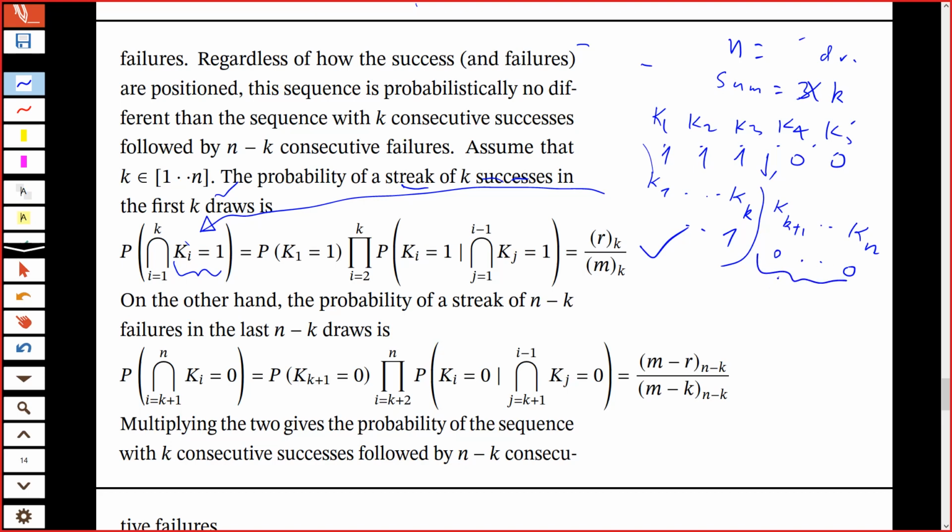अब यही मैं एक दूसरे पार्ट के लिए भी कर सकता हूँ, कर सकता हूँ कि नहीं। So I am now asking for the probability of a streak of n-1 failures in the last n-1 draws. So सबको मैं जीरो करके इन सबका यूनियन इंटरसेक्शन ले रहा हूँ from K1 up to n, वही कंडीशनिंग। और ये आपको भी समझ आएगी कि पहला फेलियर क्या होगा, m-r ओवर m। ये जो मैंने लिखा है पहला, इसका पहला टर्म क्या होगा, ऊपर क्या होगा, m माइनस, पहले के K तो खत्म हो गए, सही।